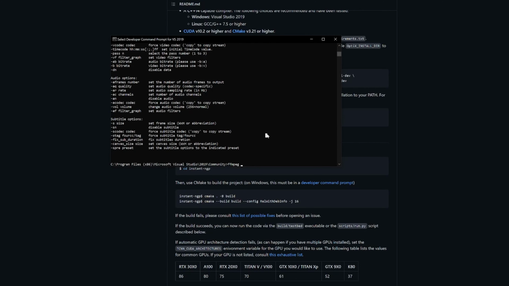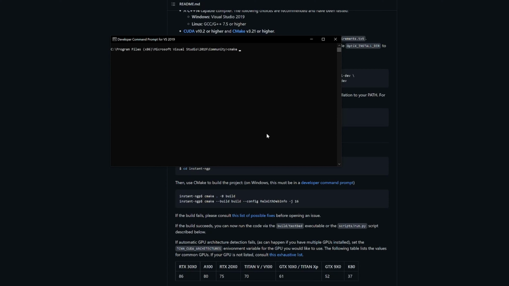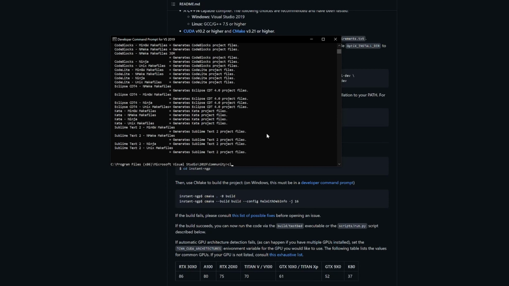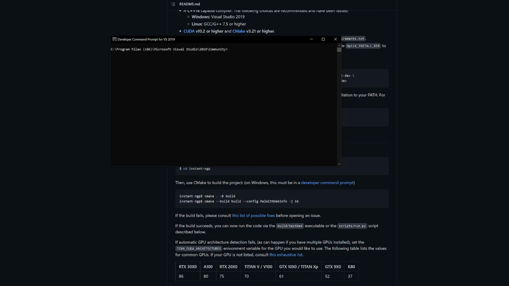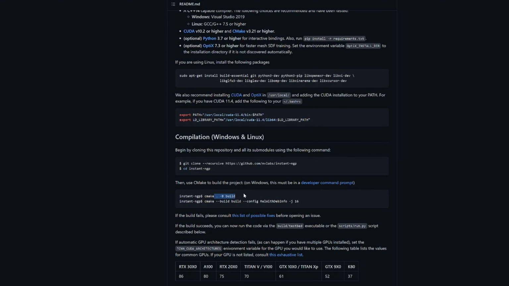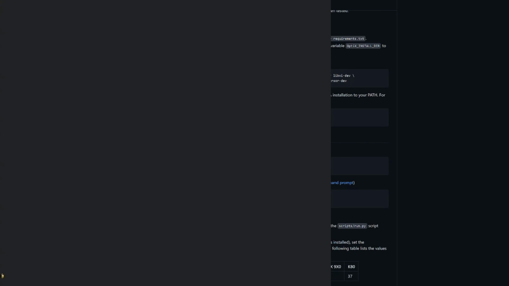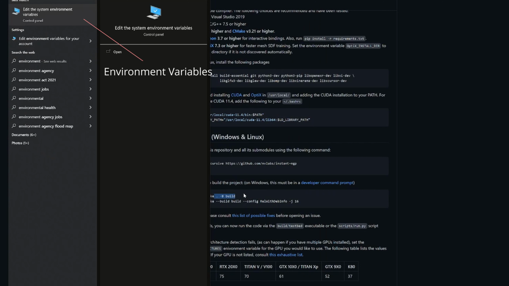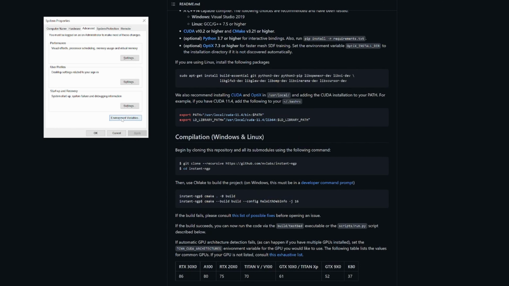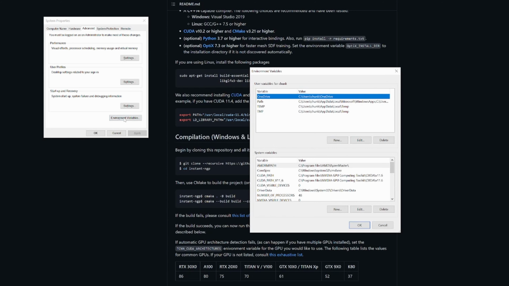So if you've got CMAKE installed, you'll get your commands pop up there. So that'll be the next thing to do. But before we do that, if you just do a search for environment, you'll see edit the system environment variables. If you open that up and click on this environment variables button over here,